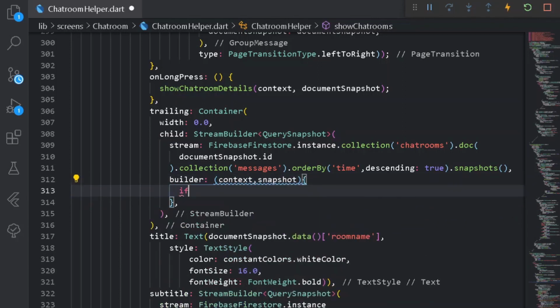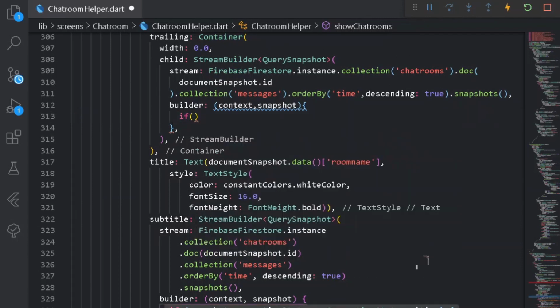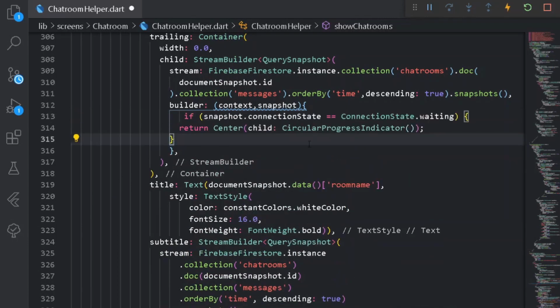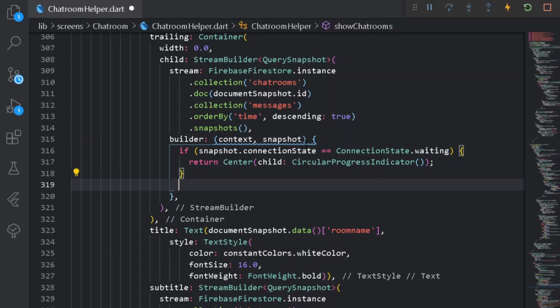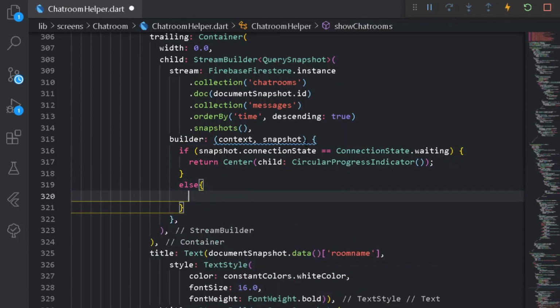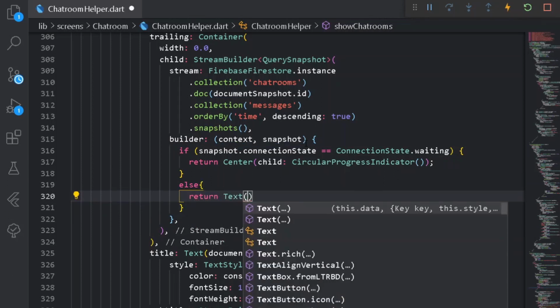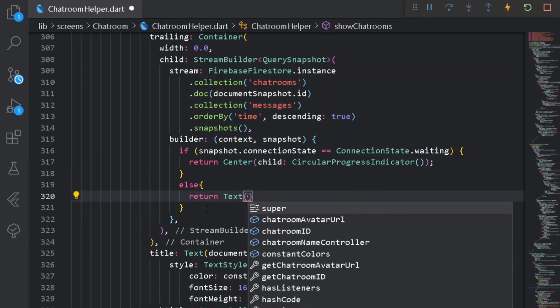Here first of all let's have an if condition for the loading state. Let's copy the following if condition and paste it here. Nothing happens because we are only copying our own code. Once we have done this, let's have our else statement, alright, not an extra curly bracket. Under else I can simply return a text, and under our text we need to simply return the entire text of the last time of the message.